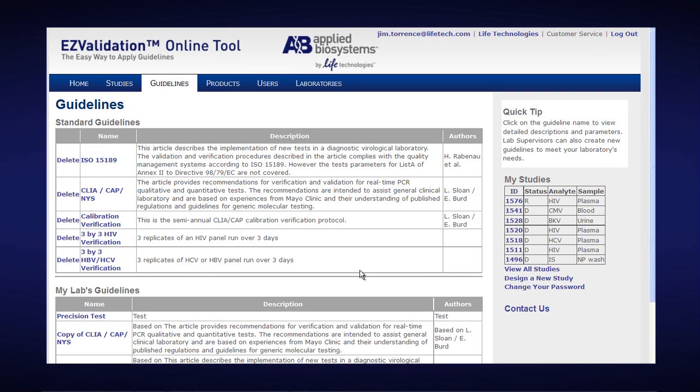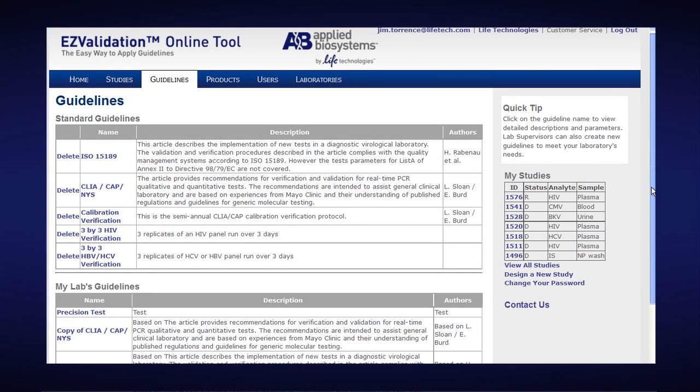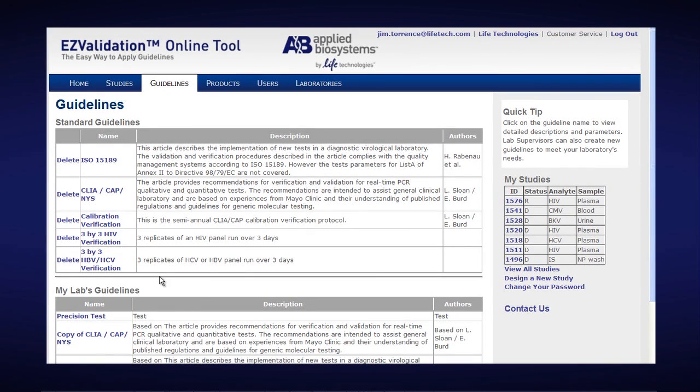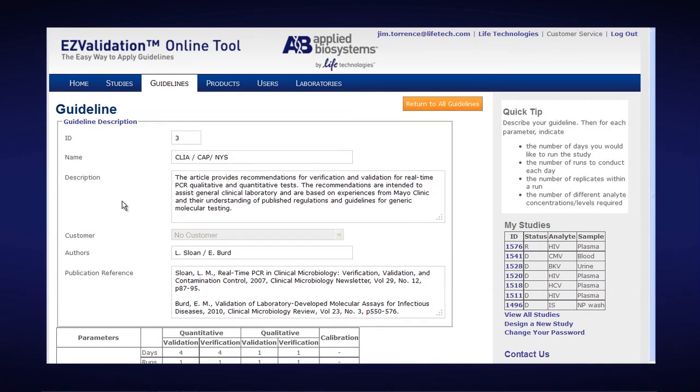But what we can do if we choose is create our own guidelines. How do we choose our own guidelines? Well, first we go into the guideline which we feel is most appropriate or closest to what we want to use. In this case, I'll click on the CLIA CAP New York State guideline, and what it's showing me is the details of default CLIA/CAP New York State guideline that is in EZValidation Tool, as well as some information about